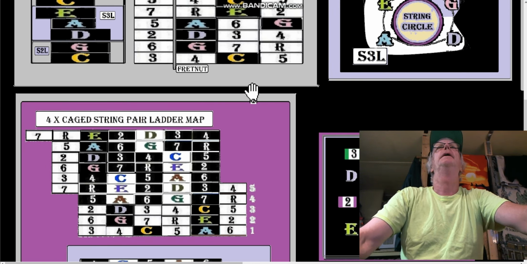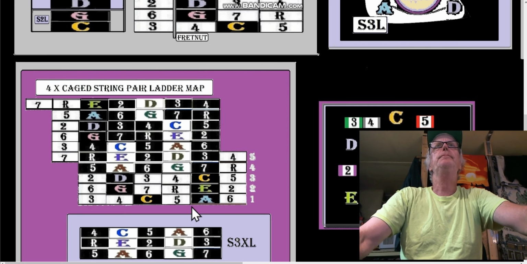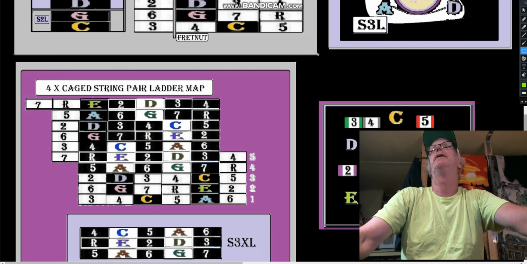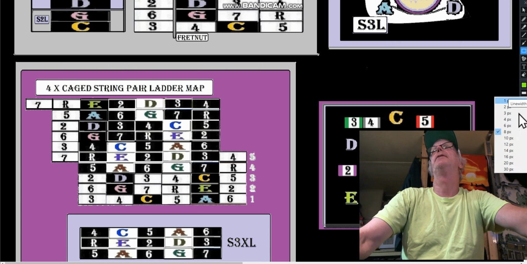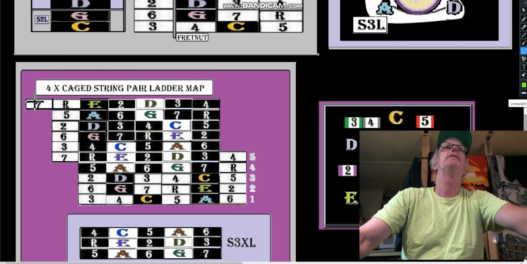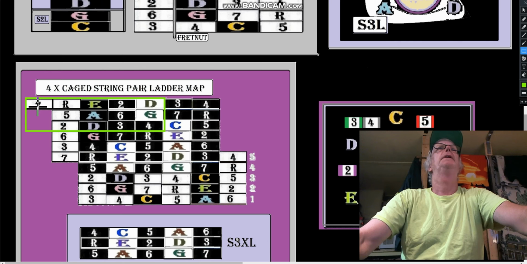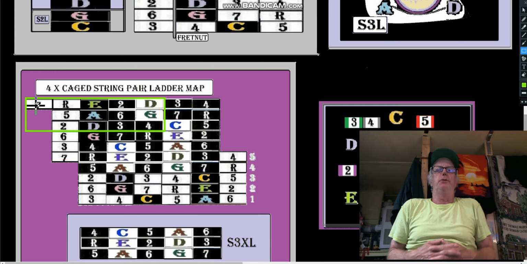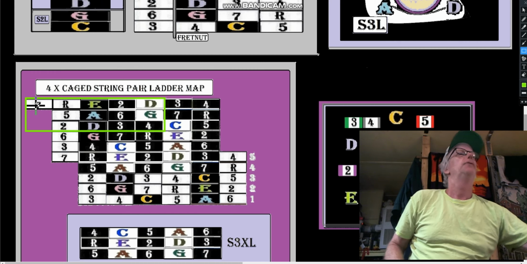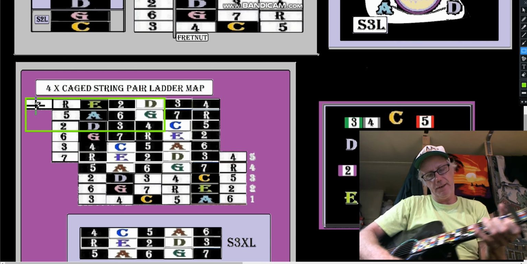In the pattern itself, what we have is the S3L is not brought over like that. So here it is, and let's make it a little thinner so we're not blurting stuff out. It makes pretty good adjustments. So there's your S3L. Normally that 7 would be over 1, and so that pattern tends to move to the left like that. So when we're playing that, let's say on a D up here,